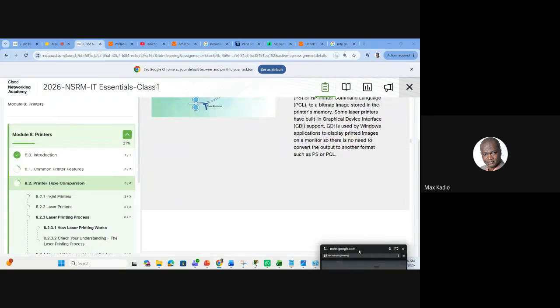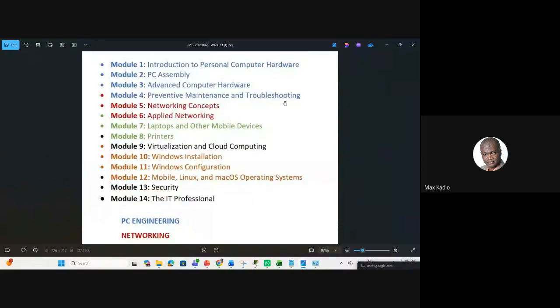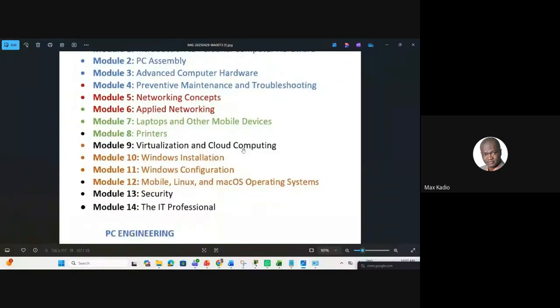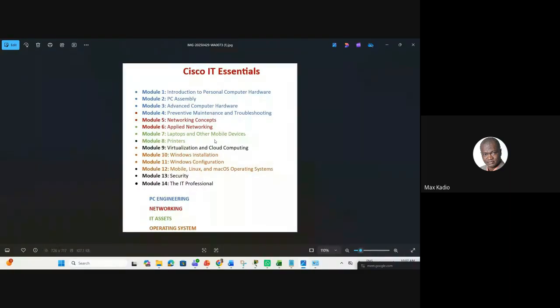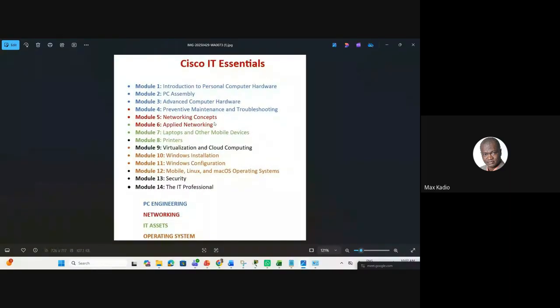So a quick recap before we continue. For our training, the Cisco IT Essentials is also an international course. Anywhere you go, you can get employed with that certificate. Maybe we might not take you for wholesale and retail, but if you show them that you know IT essentials, you can also get hired to help people with IT stuff. So the first four chapters we started with, chapters 1, 2, 3, 4, were about PC engineering, know your PC components.